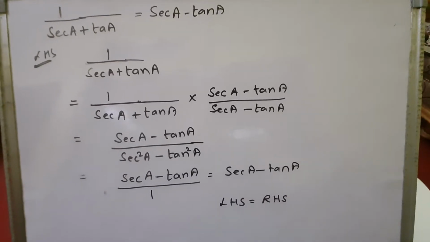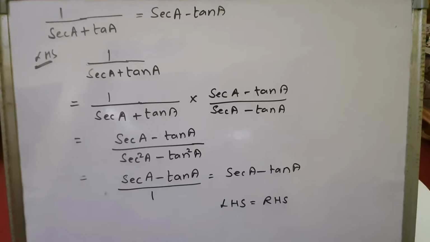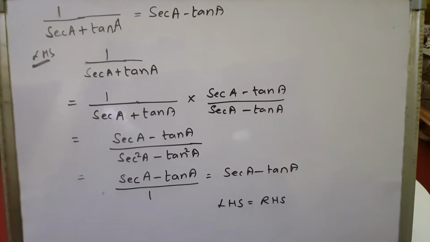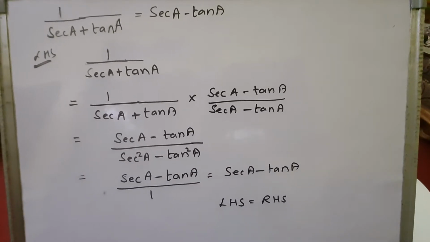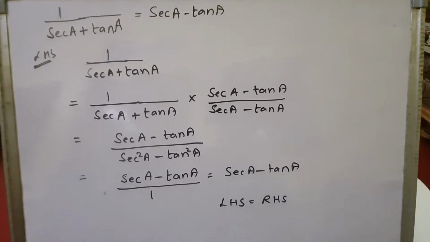Now children, today we will be discussing more sums on the topic trigonometrical identities. Right children? We're going to start with the sum so that we can understand the topic more clearly. Right? Let's start. It is given that 1 upon sec a plus tan a equals sec a minus tan a. That means we have to prove that the value of 1 upon sec a plus tan a is the same as sec a minus tan a.